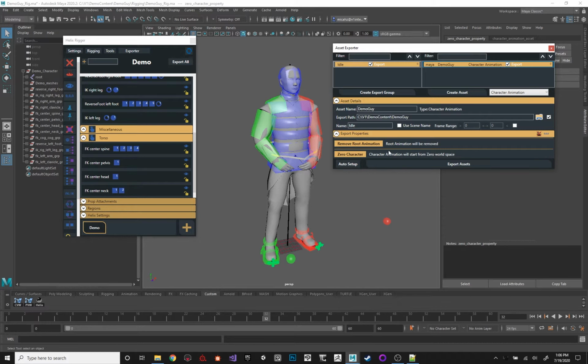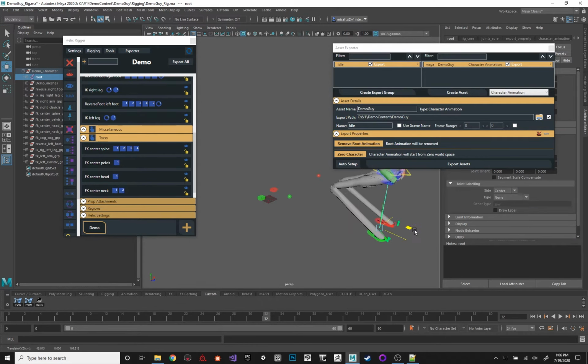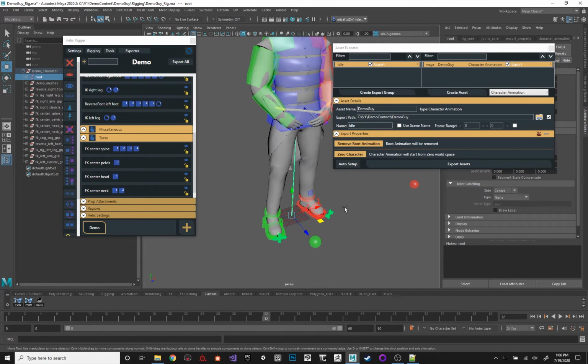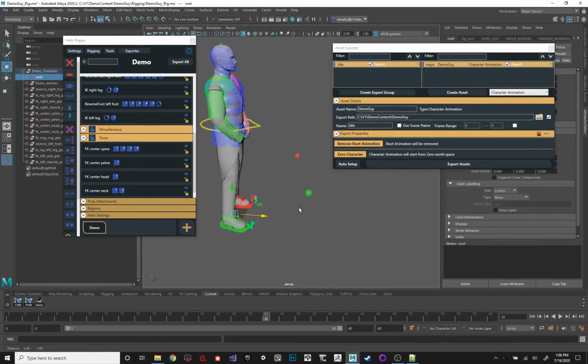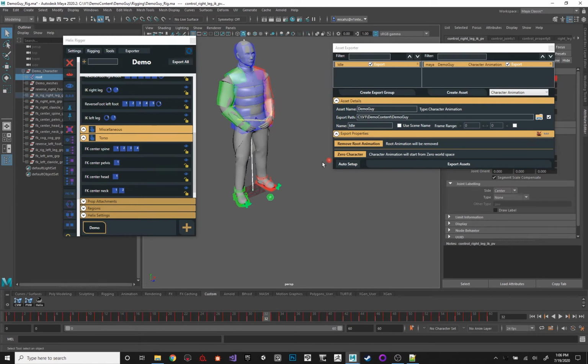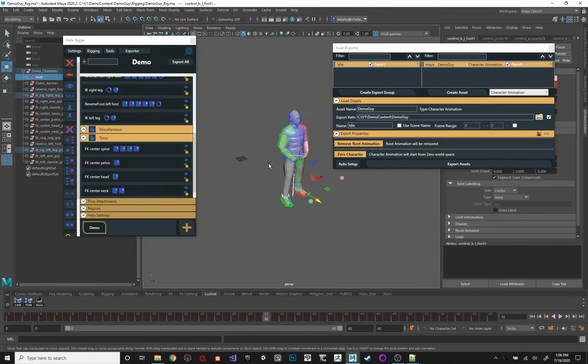This is generally something that we would do for cinematics, so that wherever the character is in space, this guy doesn't have a root controller. None of his IK stuff is going to move along with him. So if he was animated off in space here, this would remove any kind of root animation that's on him and then zero him back into world space